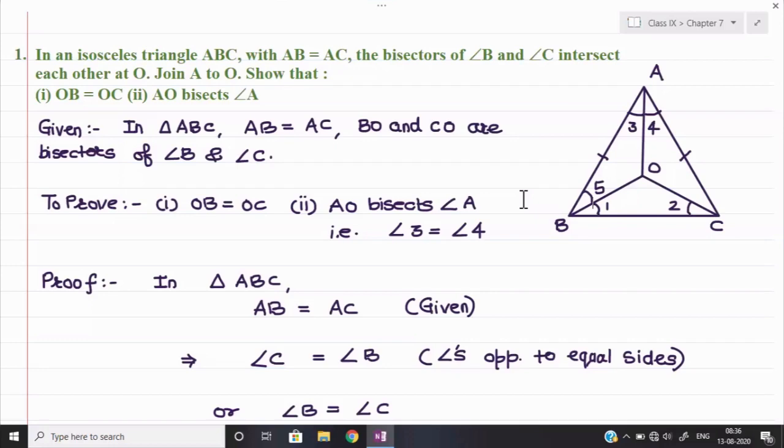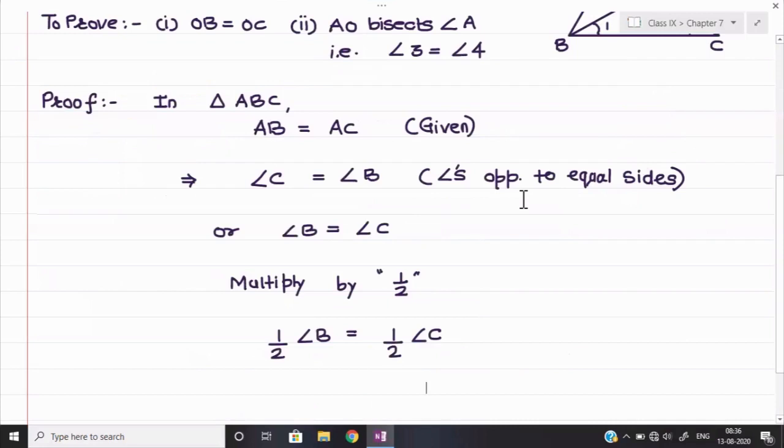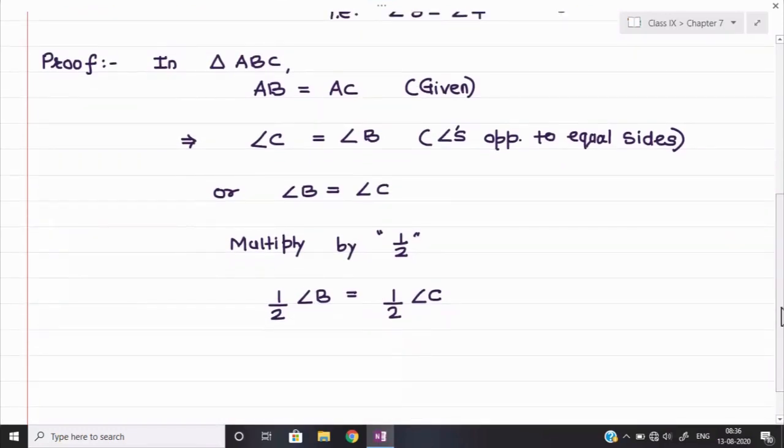Okay, so 25 is half of 50, which means in short we can say that angle 1 is half of angle B. That is what I want to say here. See, here we have half of angle B, so in place of half of angle B, I can write angle number 1. And similarly, in place of half of angle C, I can write angle number 2, because angle 1 and angle 2 are the equal parts of the respective angles.